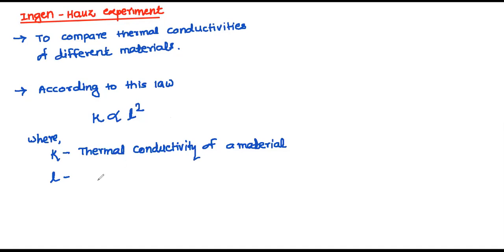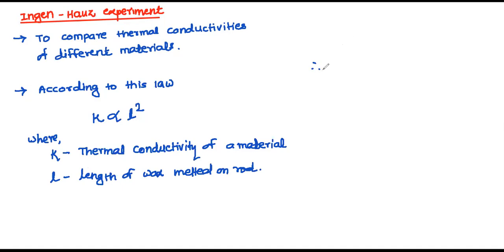Length of wax melted on rod. Understand what is this L? L is the length of wax melted on the rod, and therefore we can write like this: